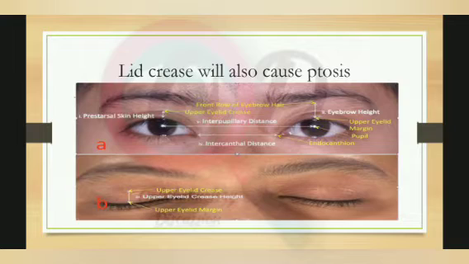Then intercanthal distance. Intercanthal distance is the distance between the separation of both eyes. Interpupillary distance, the distance between both eyes, pupil distance. Okay, separation you can say. The upper eyelid crease height, in the second image, is the distance between the upper eyelid crease as well as the upper eyelid margin. So this is all about lid crease, what we need to examine for ptosis.